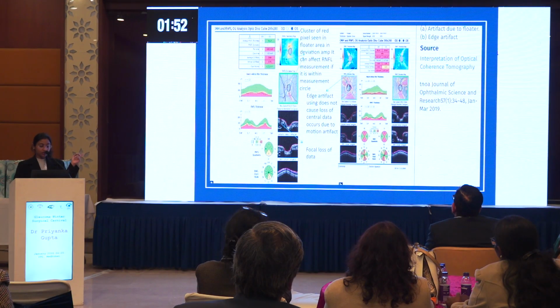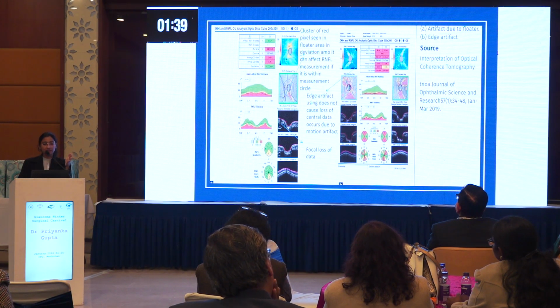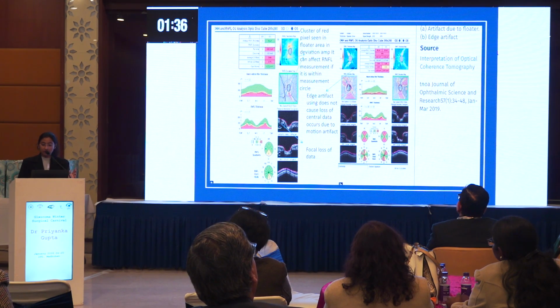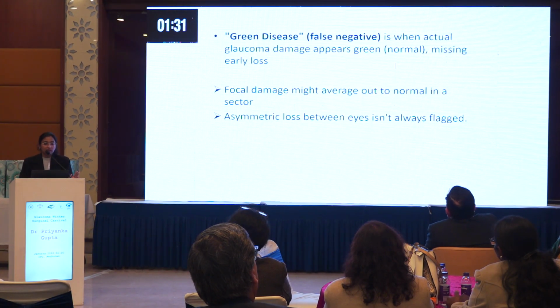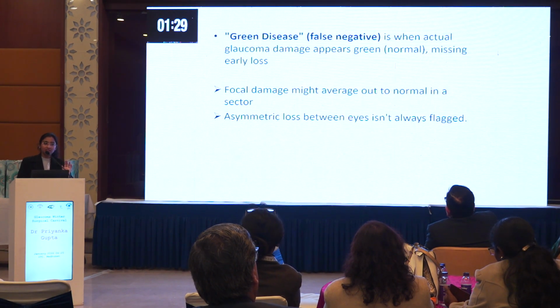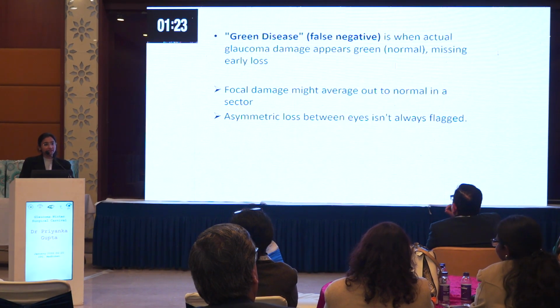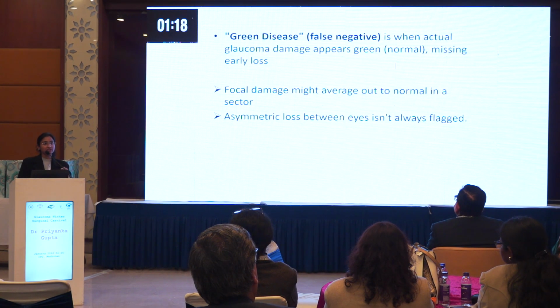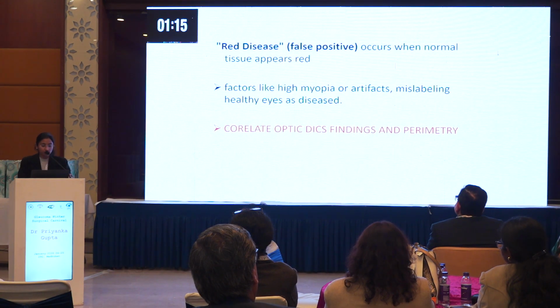As I was talking about the horizontal and the vertical tomograms, you can see in that first horizontal tomogram that there is an entire black scan. That's a segmentation error. The machine did not scan the area of the disc and RNFL underneath that scan. So that is flagged as red. But then there are green diseases, where there are subtle changes on the optic nerve head, but the machine had missed it. So that's a green disease. The machine tells you that yes, it's green, go ahead, but there actually are subtle changes on the optic nerve head. Red disease, we have already talked about.